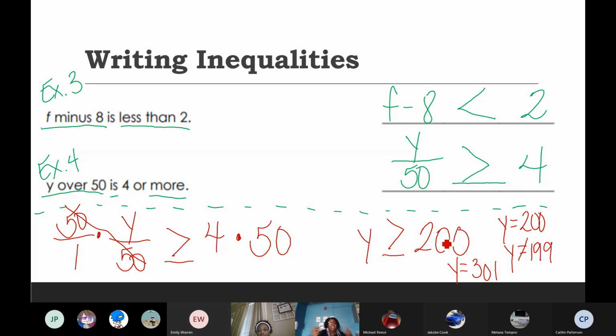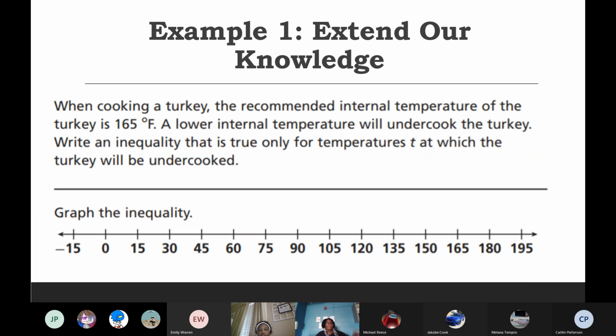So, guys, that is inequalities when we're working with writing them. And what we were doing in Garnet today was evaluating them. Now we're going to get some more practice with graphing. Let's see if Miss Neville put graphing up. Yes, she did. So you don't have to write this out, okay? But it may be wise for you to look at how Miss Neville annotates this. Remember, when I talk about annotating,